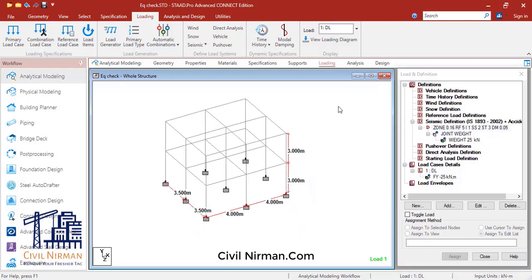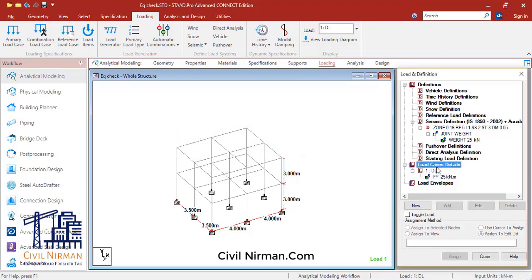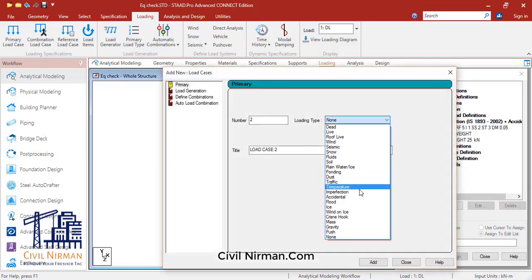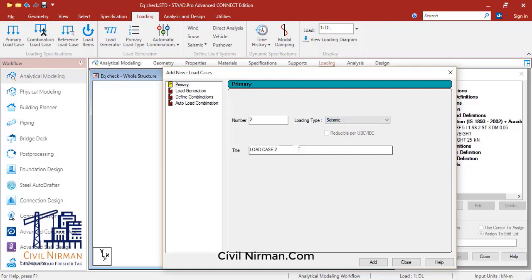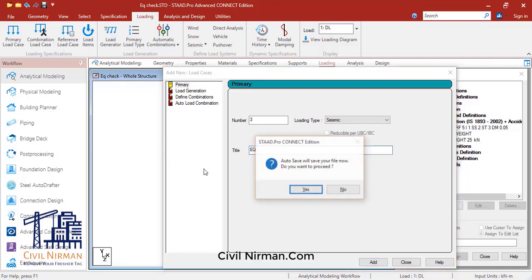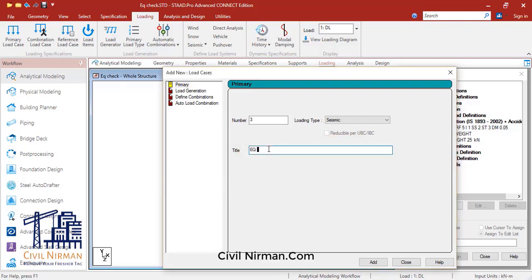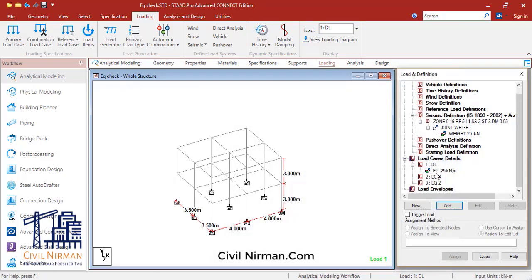Okay, and also one important thing, your load case must come after the application of your seismic definition. So currently let's implement the earthquake in X as well as in the Z direction. So I'll click on add over here. Now I'll click on add over here. I'll add the seismic definition. We will consider earthquake in X. In the same manner I'll consider earthquake in Z. Let me just make it clear. Okay.